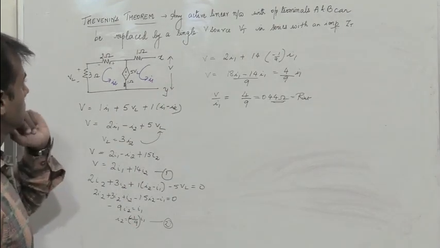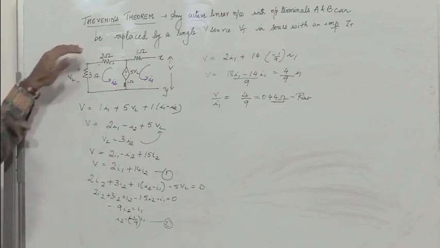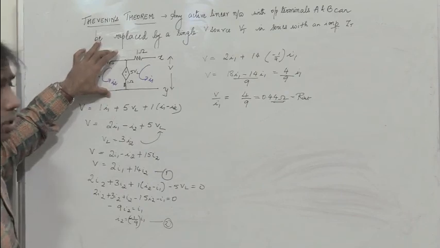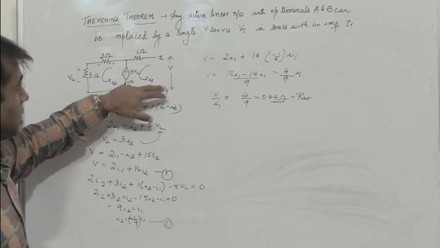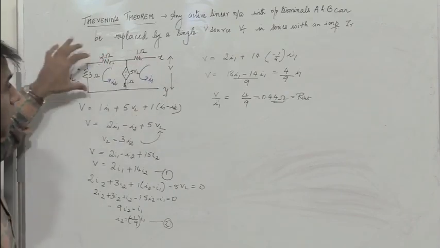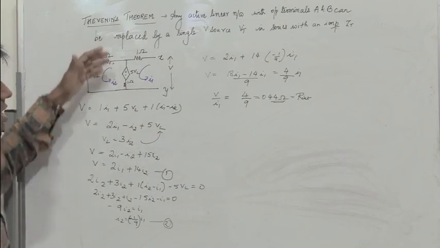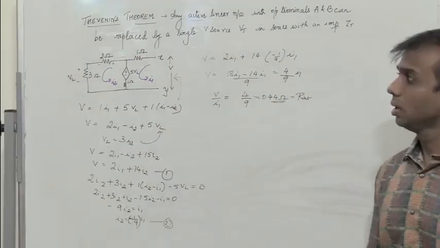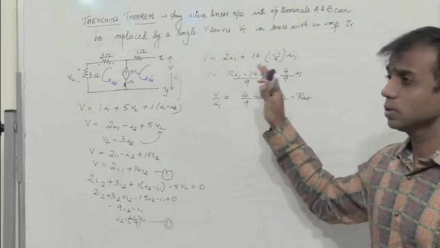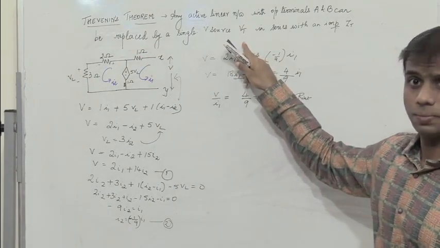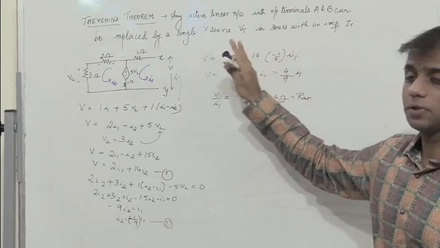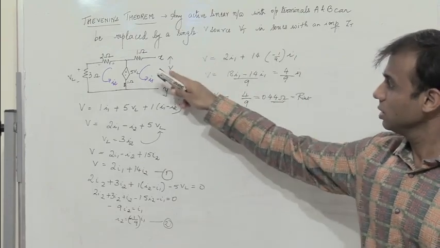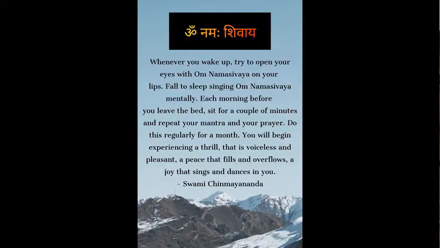Okay, so like this we can use Thevenin's theorem to represent the entire active linear network with the two terminals AB, wherein we can replace it by a single voltage source in series with an impedance Z across. So in this problem we have not found the Thevenin's voltage VT, but here we have used the concept of Thevenin's theorem to find the internal resistance through the open terminals XY, right? So make sure